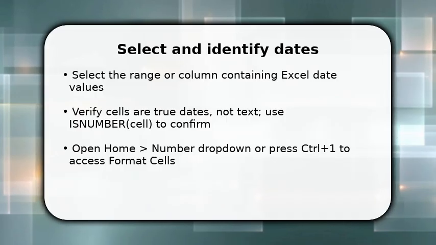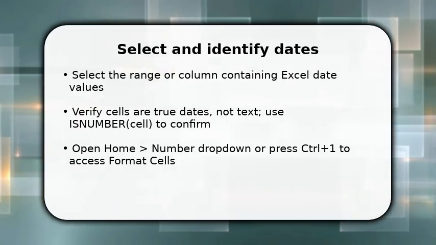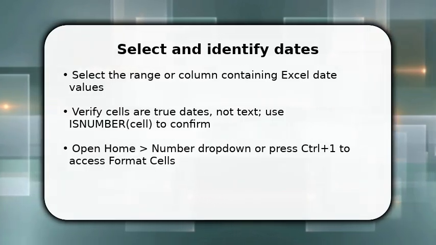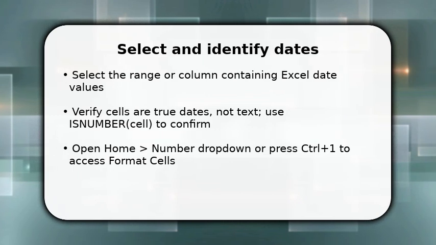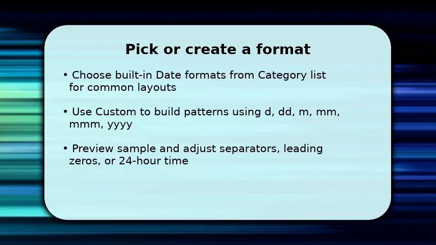This sequence gets you into the right dialog quickly, so you can change how Excel displays those underlying serial dates without altering the stored value. You now decide between a built-in date format or a custom pattern. Pick a preset if it matches your needs. Otherwise, choose Custom and type tokens like D, DD, M, MM, MMM, and YY to control day, month, and year